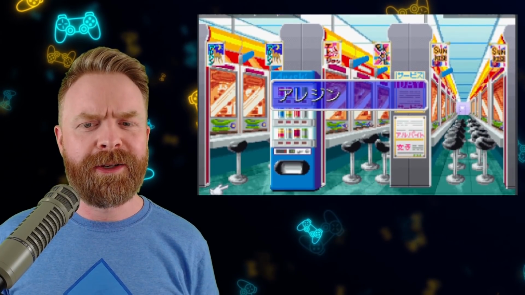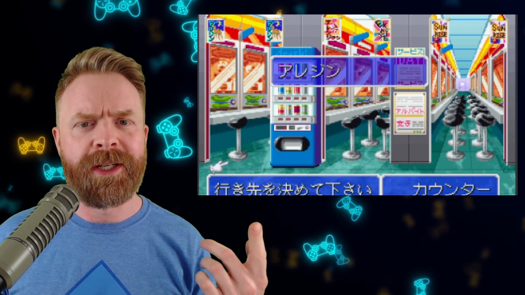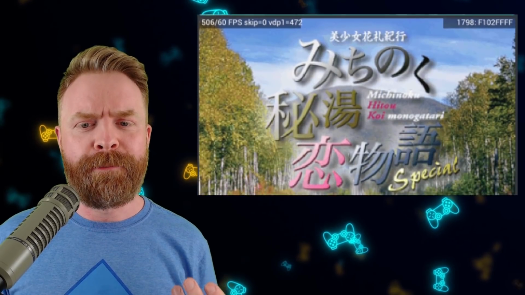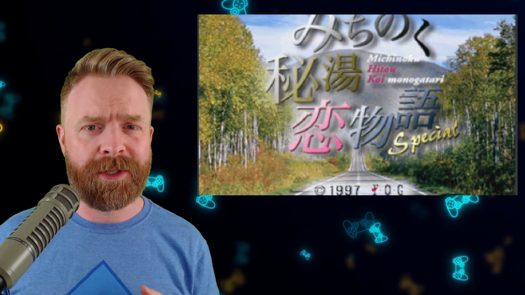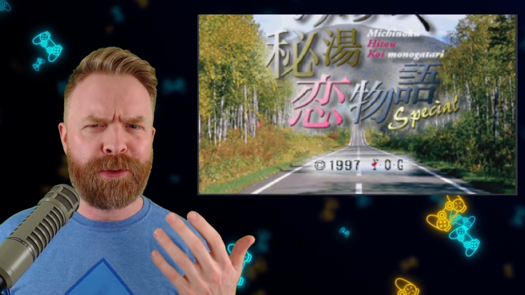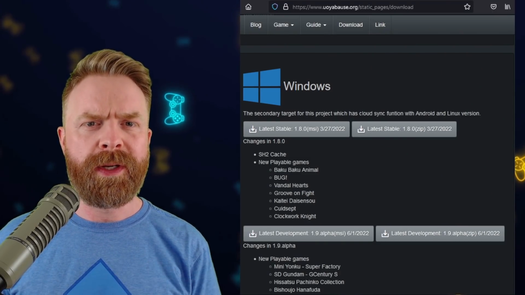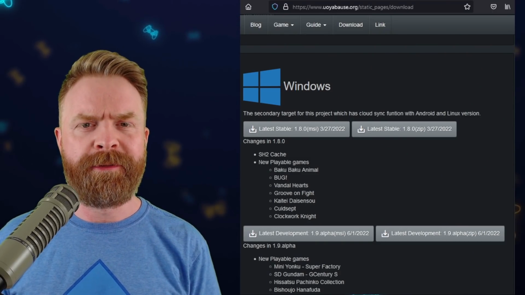The third game here I don't think a lot of people will be excited about, I could be wrong though, is a Pachinko Collection. And the fourth game here, I'm going to completely butcher this, I'm trying not to though, Bishujo or Bishoujo Hanafuda. Bear in mind that version 1.9 on Windows is still considered a development version, it's not